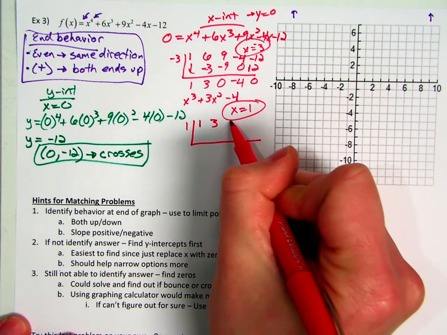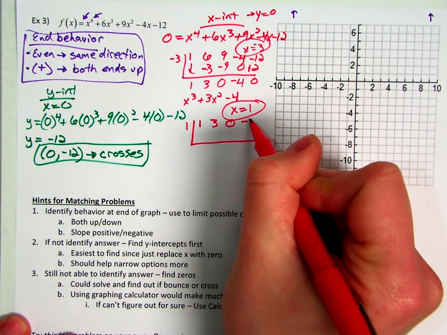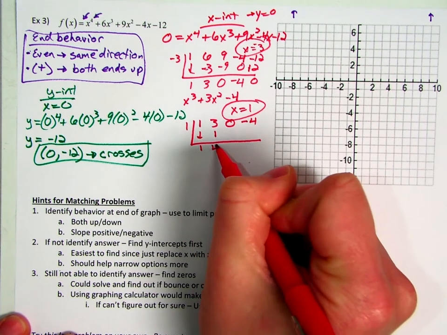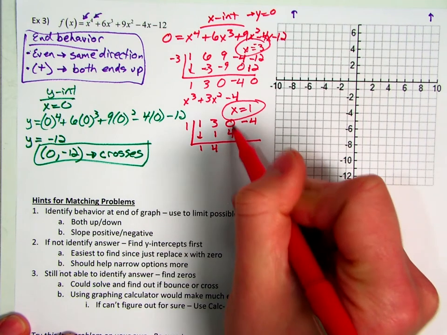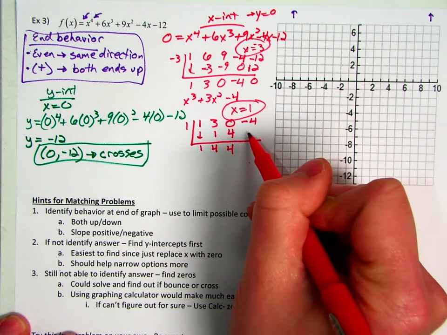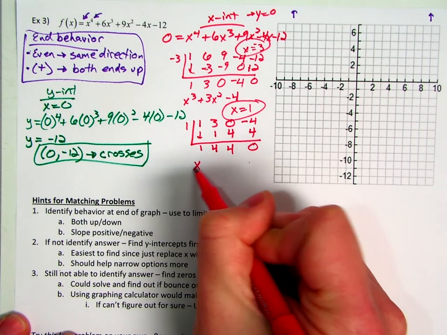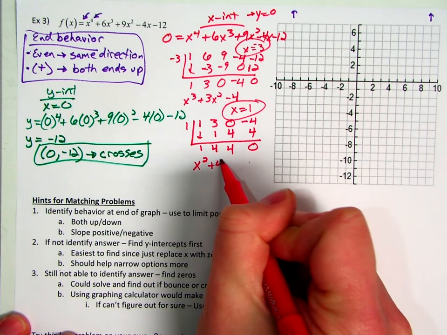Remember, my x term was 0, so I need to bring the 0 down. And then the negative 4. So we bring down the 1. 1 times 1 is 1. 3 plus 1 is 4. 1 times 4 is 4. 0 plus 4 is 4. 1 times 4 is 4. Negative 4 plus 4 is 0, which leaves me with x squared plus 4x